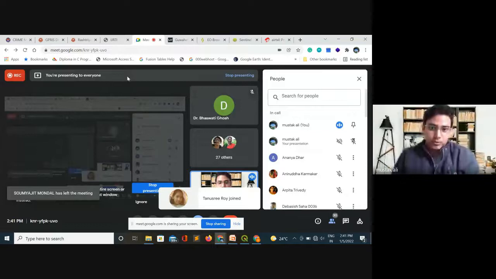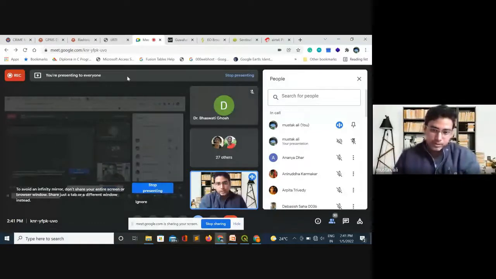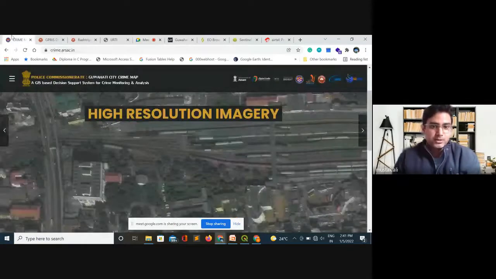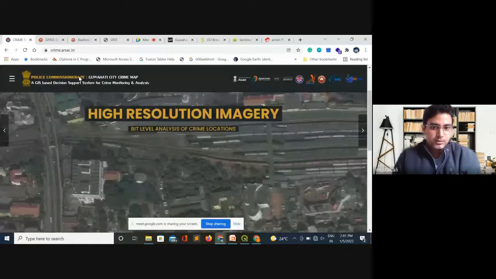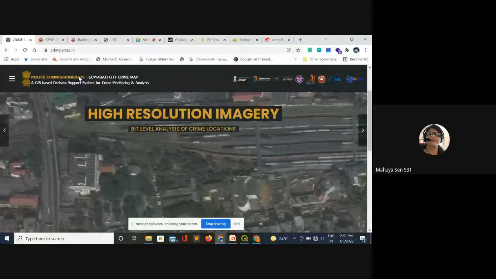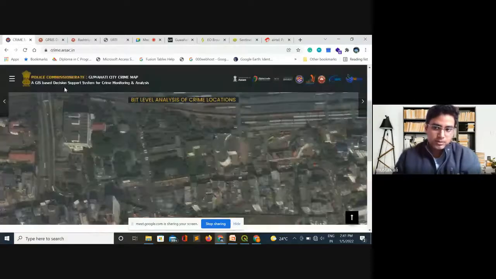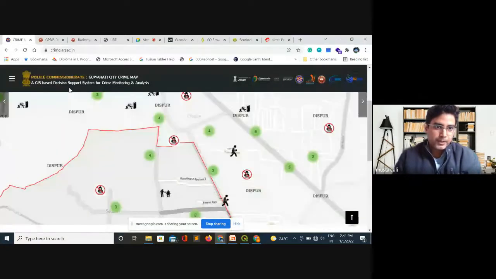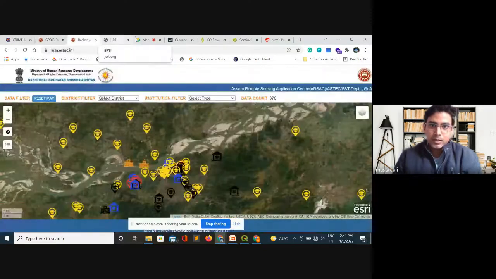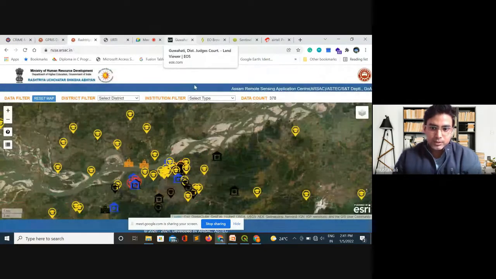But today what I'm going to show is some very easy ways that using programming languages, or with little knowledge of programming languages, we can do classifications very easily. So you can see my screens, right? Yes, sir, it is visible. These are some of my developments in my office that I developed. And then what I'm going to show today is